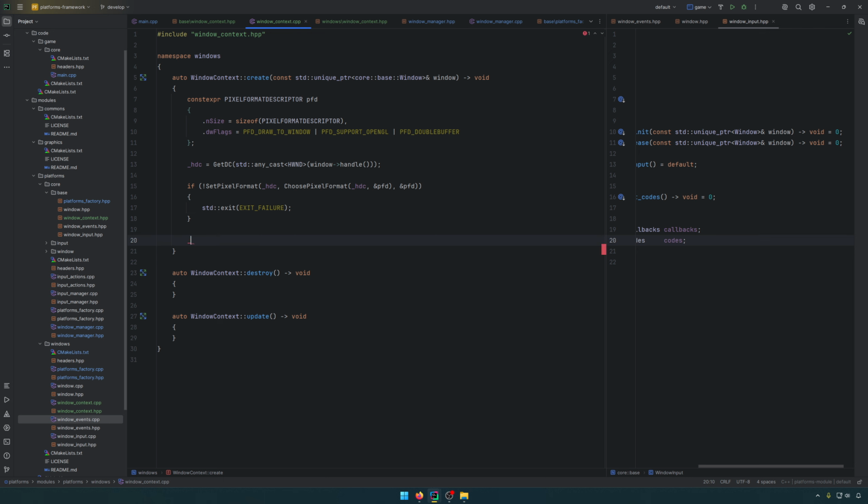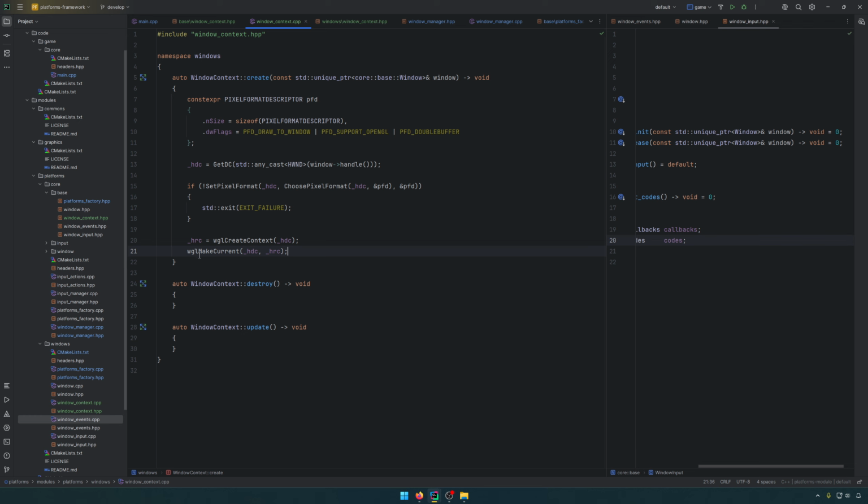If everything is okay, we take the rendering context and create the context based on the device context that we just got, and put the pixel format for it. At the end,